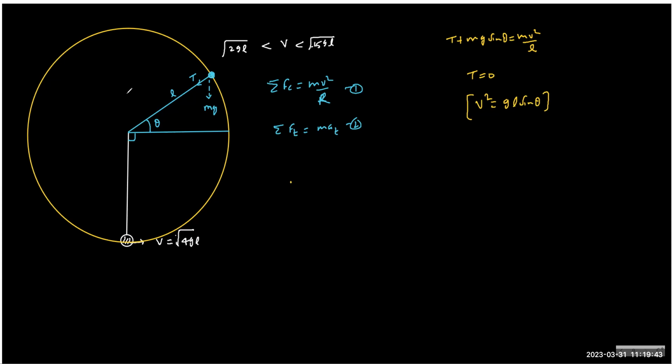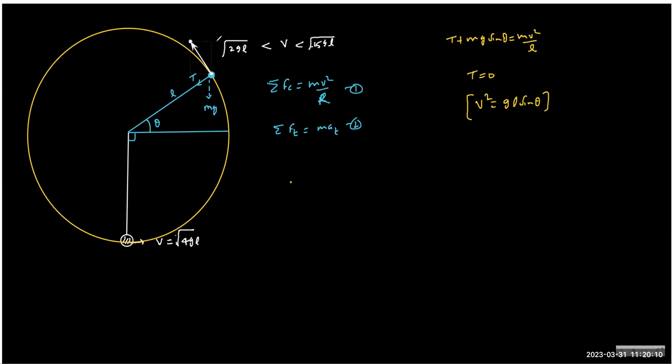You have to be careful. Sometimes they give the angle from here, or they take it from here, while solving. So be careful how you write. The answer is gL sin theta, which is very famous. Now we know v as a function of angle. Once you have got this relation of v at this position,